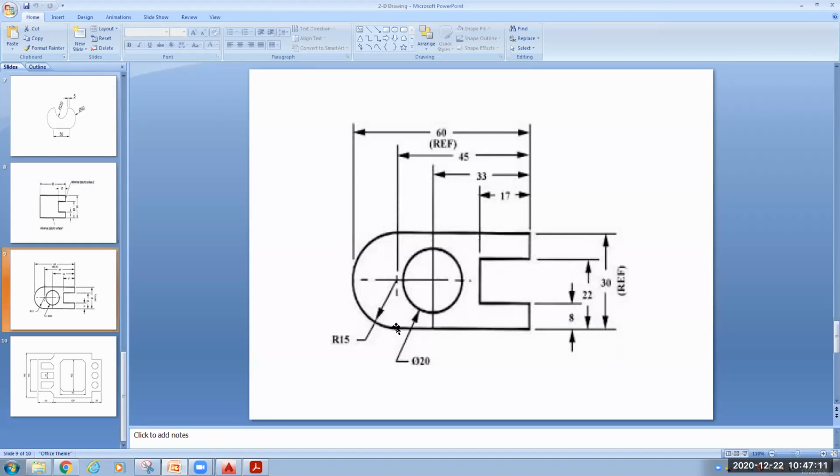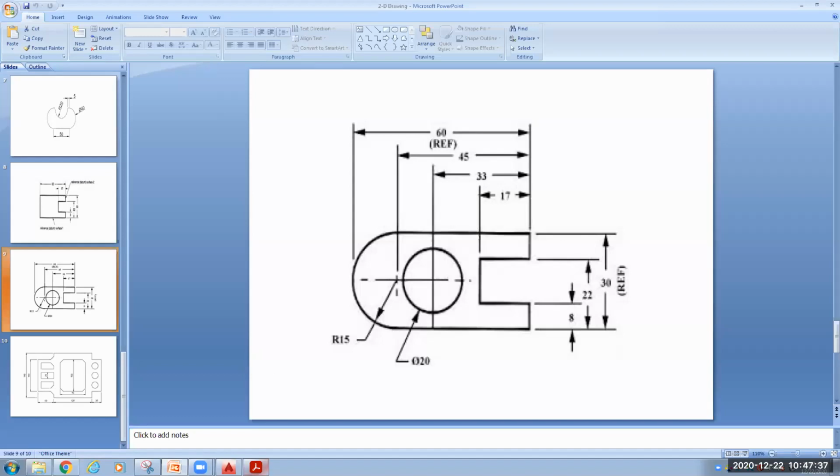Let me see what the majority is. Okay, so we will take a short break. The time is now 10:47. From 10:50 to 11 o'clock, we will take a 10 minute short break. So we have 3 minutes.